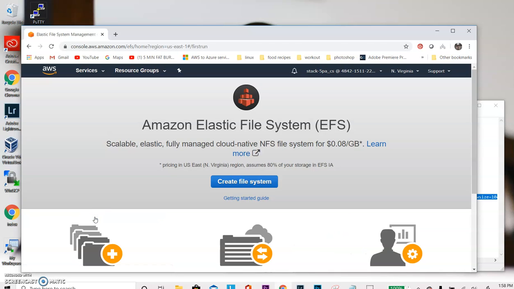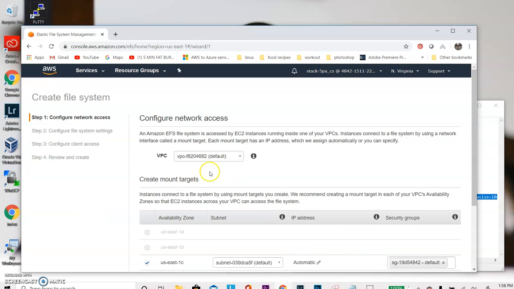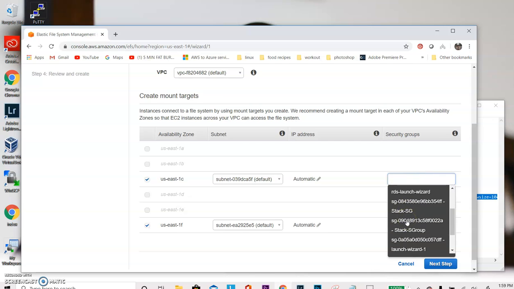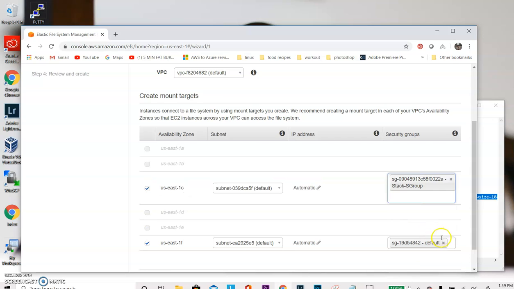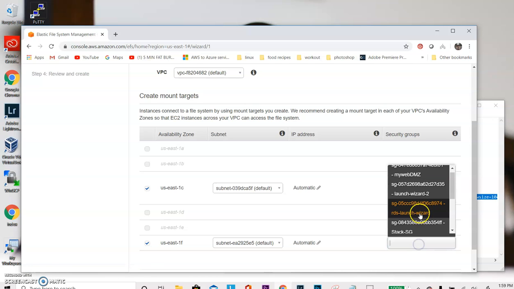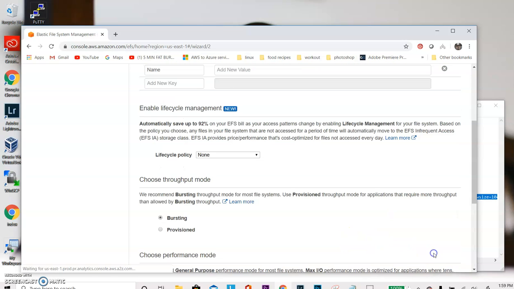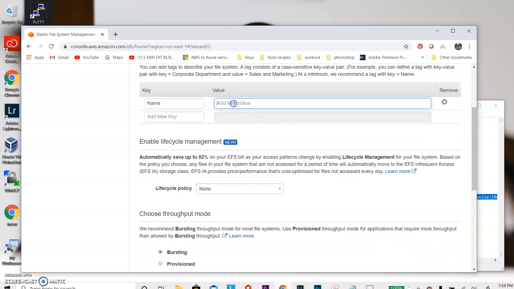In the EFS dashboard, click create EFS. We'll use defaults for this EFS, so the default VPC and default subnets, and these are the AZs within the default subnet. For the security group, we'll use one of our already created security groups for access. Okay, click next. Okay, we'll name it